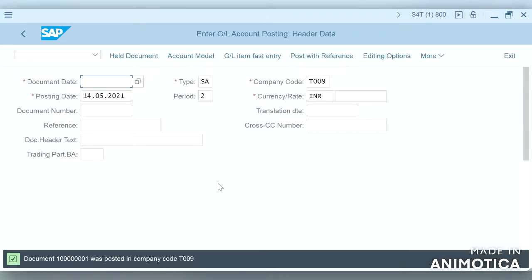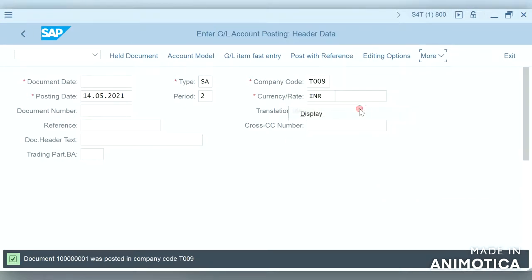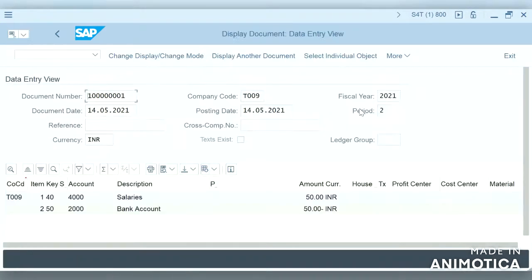Okay, let us see. There is no splitting that might have happened because there is no profit center, no cost center, nothing is activated, but our document got posted without any of this information.